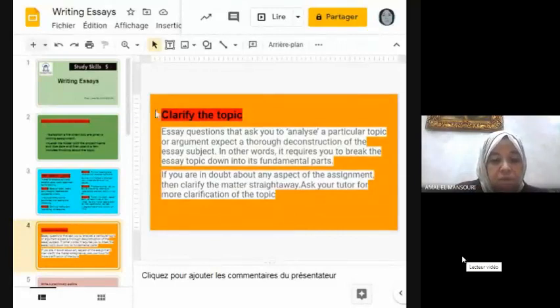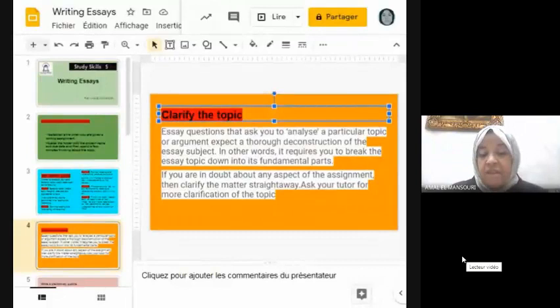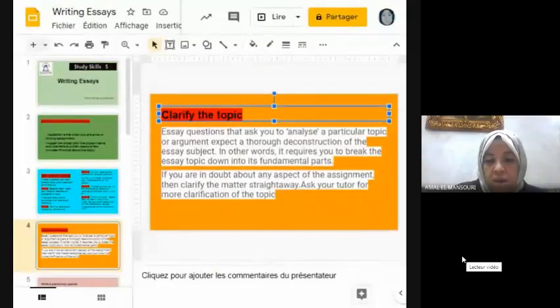Now let's move to the next idea, which is clarify the topic. So essay questions, it is very necessary for you to understand the topic question of the essay.